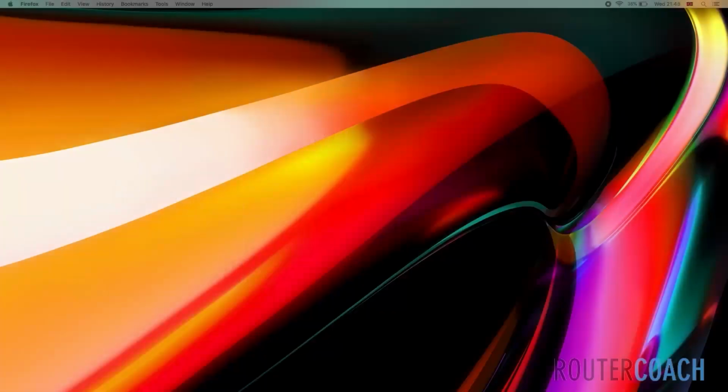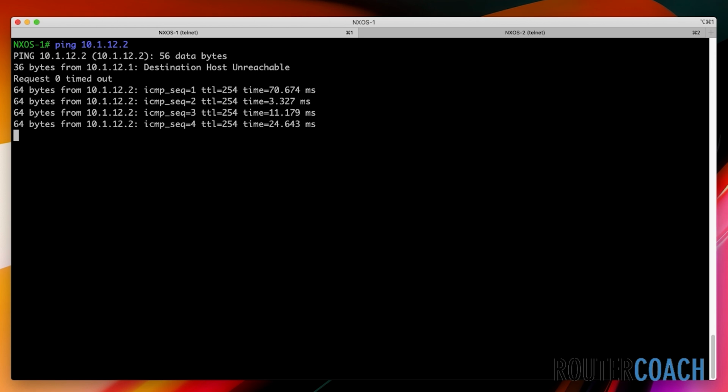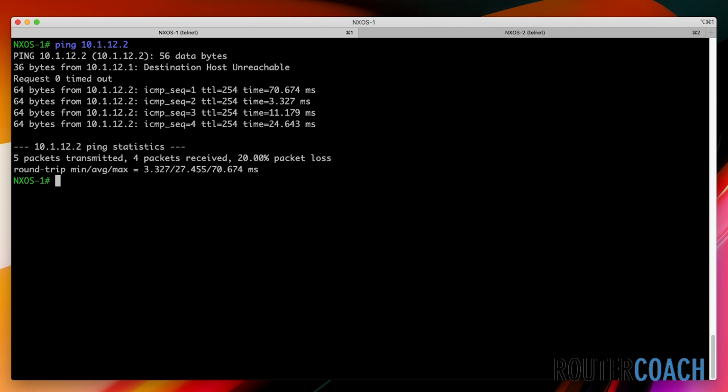And I have the switches already open, so let's look at Nexus 1, and I've already done the IP routing, so we should be able to ping our directly connected interfaces. So if I ping 10.1.12.2, which is Nexus 2's directly connected interface. But if I was to try to ping Nexus 2's loopback,